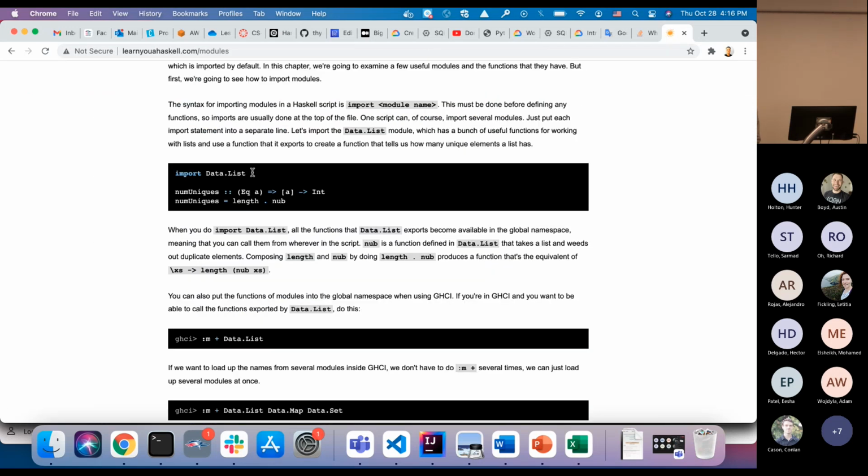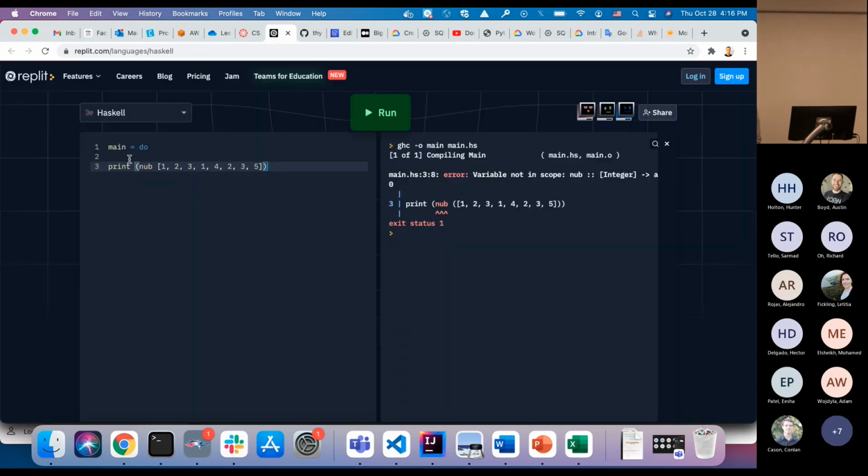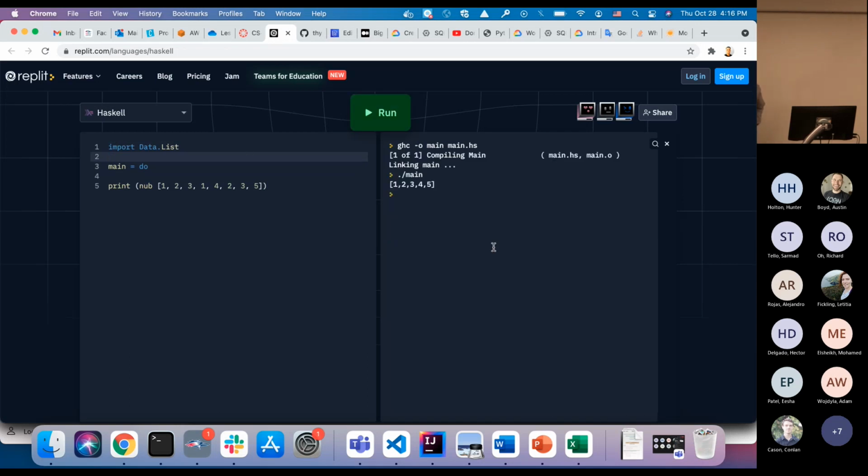Loading modules. Oh, so you need to do this. Import Data.List. Okay. All right. So nub is working,